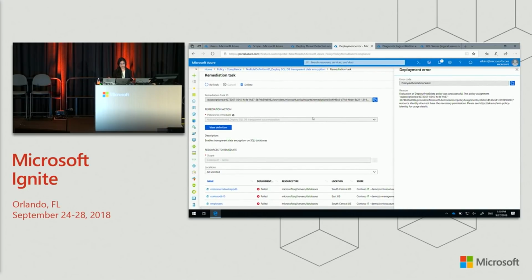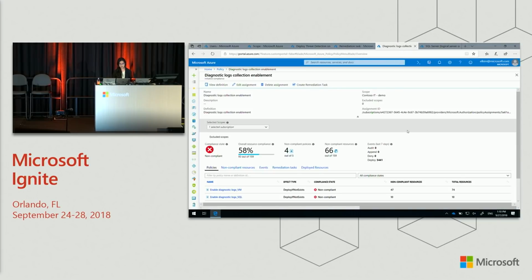Now that we went through how you would go about creating a remediation assignment, let's look at how you would remediate. So first of all, when you put in a deploy if not exist policy, any new resources that get created or existing resources that get updated automatically get the remediation. And so you don't have to worry about them for the greenfield scenarios. For existing resources, we don't touch them by default. We will only mark them as non-compliant, and it's up to the user to actually create a remediation task to